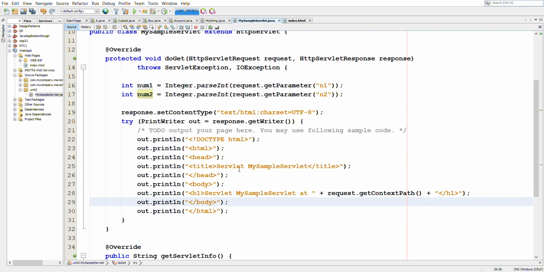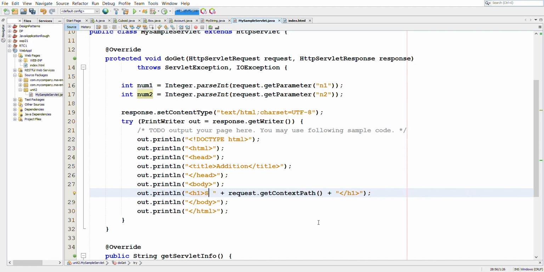And here in the display part, we'll modify this addition. So sum of